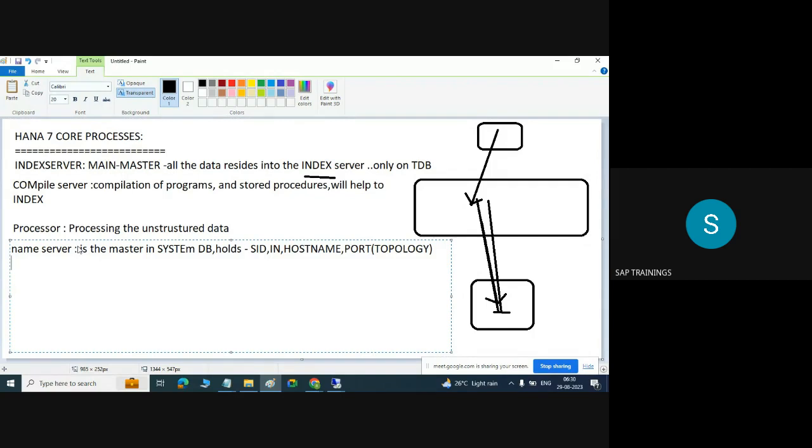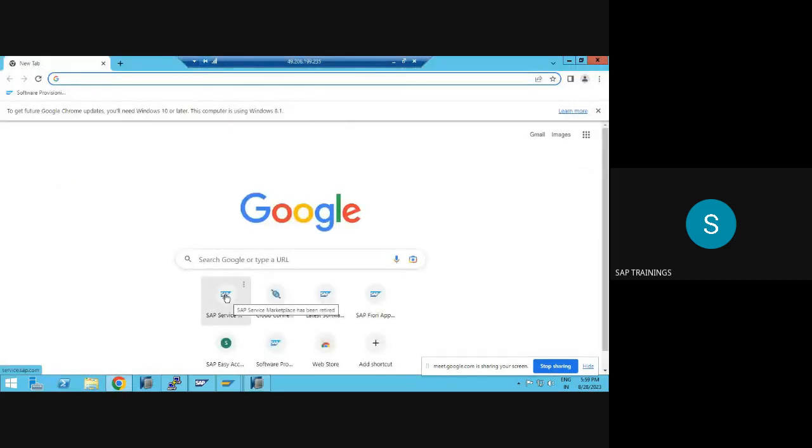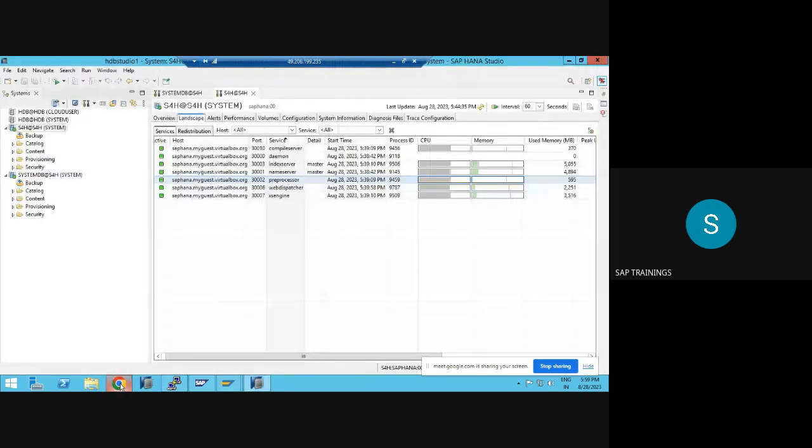Then what is next after the index server? The next one is the web dispatcher. What is the use of the web dispatcher? The web dispatcher will handle the web-based requests. Some members will log in through a browser, right? Normally in most cases we log into the browser, open the application, and perform our work. At that time the web dispatcher will take the request and handle the web based request,